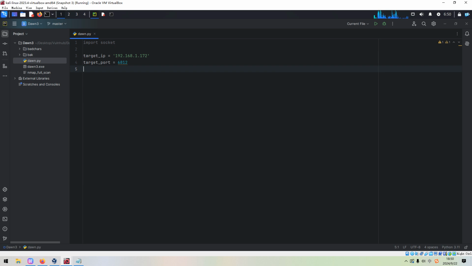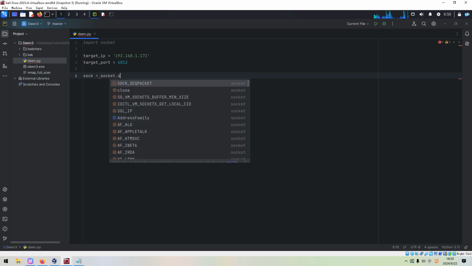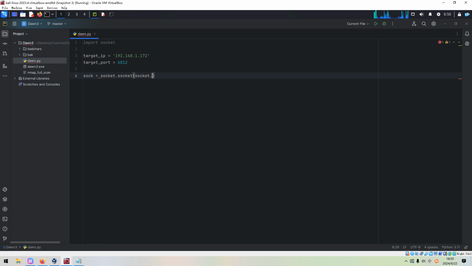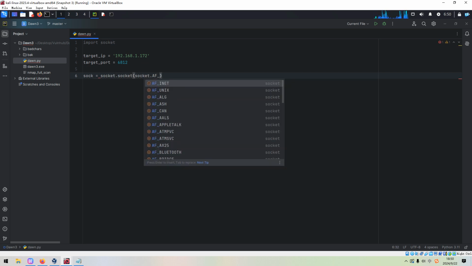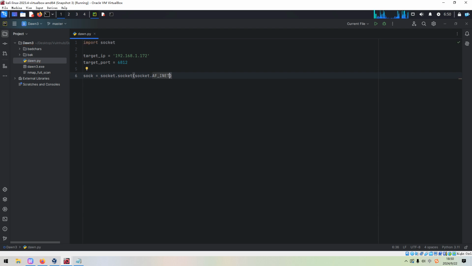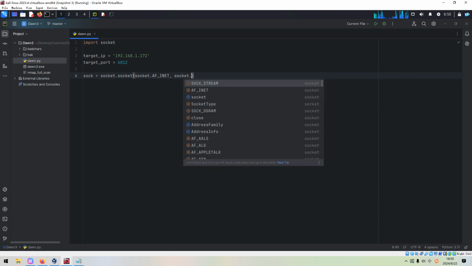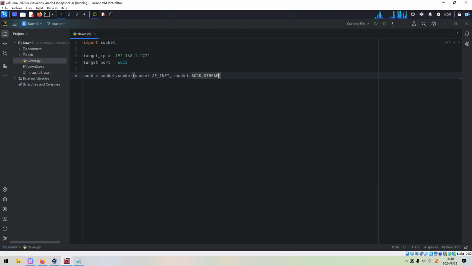Okay, it's correct. So now we can create an instance of socket, IPv4 address family, socket TCP, not UDP.